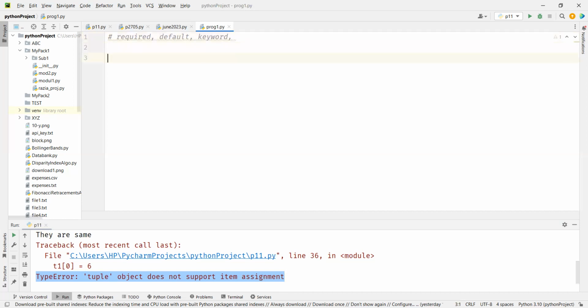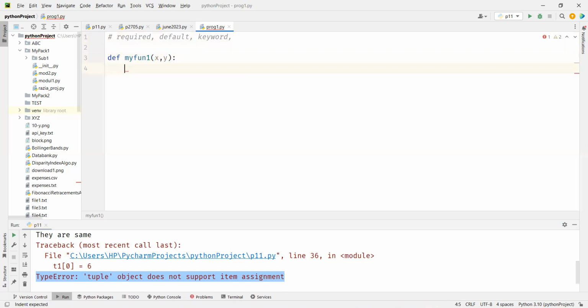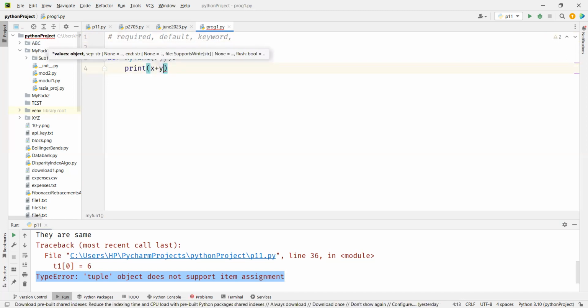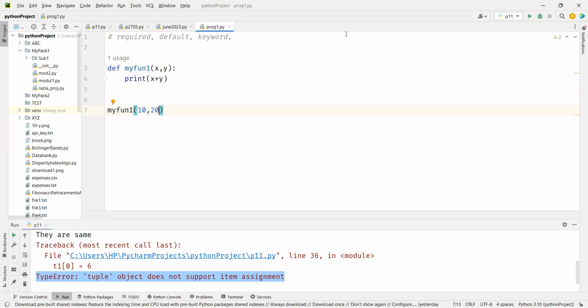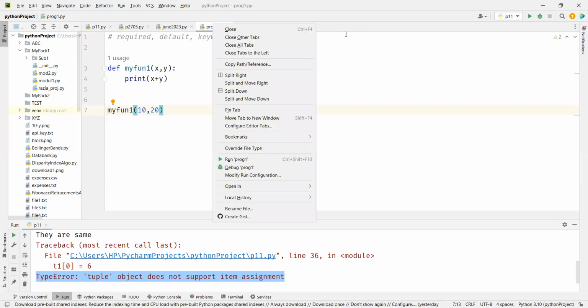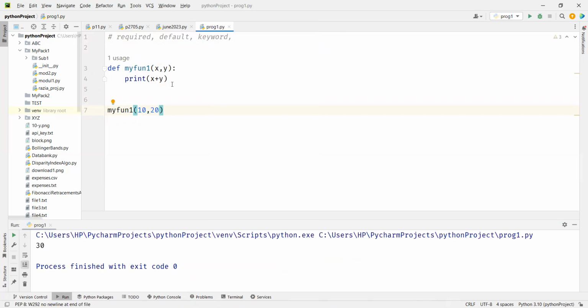For example, see here, if you have, let's say, def my_fun1 with x, y, and you print x plus y. Now if I call this function, my_fun1, and pass 10 comma 20, and of course if I run it, you will get 10 plus 20, 30, right? Now if you declare variables a, b equal to 5 comma 6, and still call my_fun(a, b),